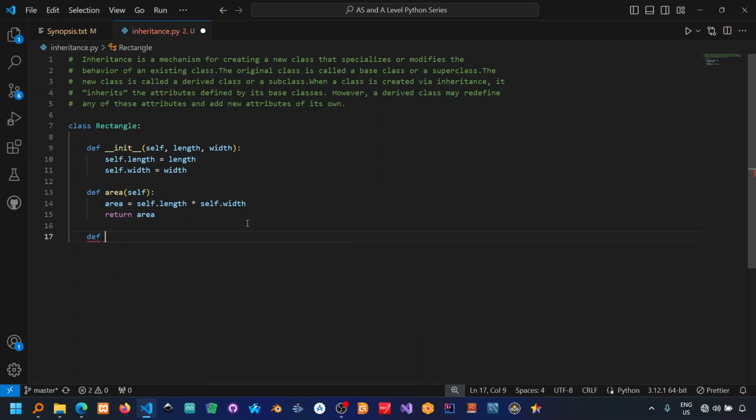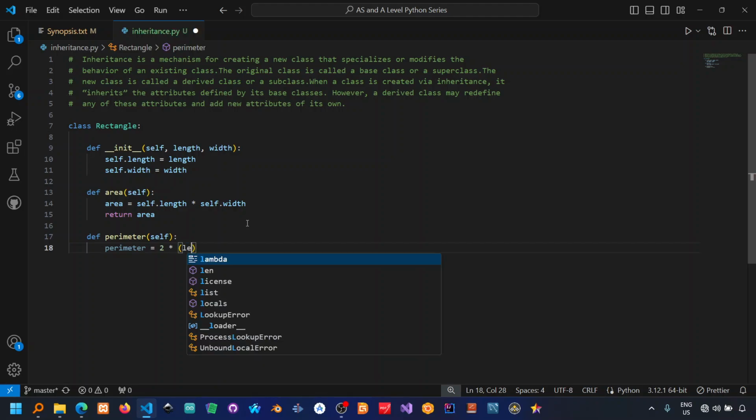Then we can go ahead and create another method, another function rather, called perimeter. I'm passing self as an argument. Then within there, we just want to calculate the perimeter for our particular rectangle. So we know that the perimeter is going to be equal to 2 multiplied by the length